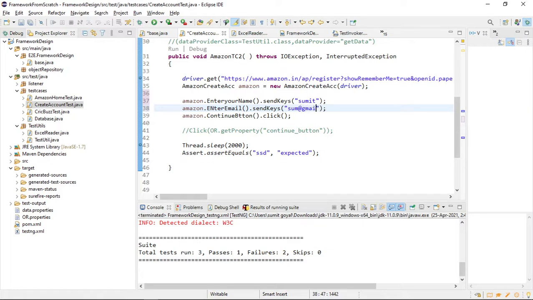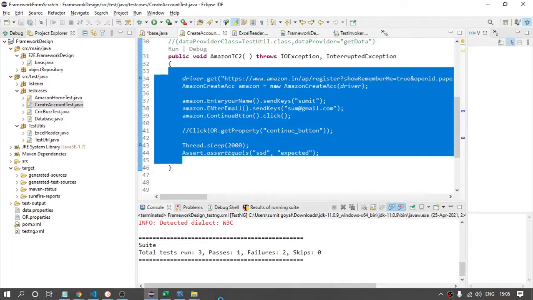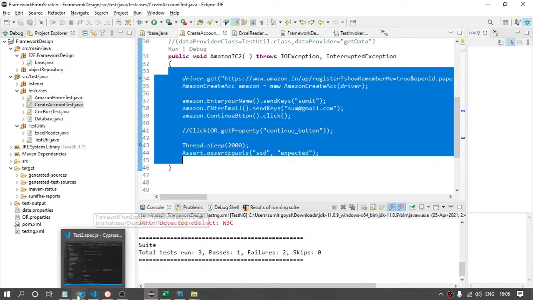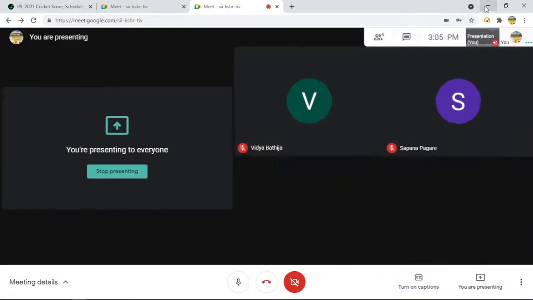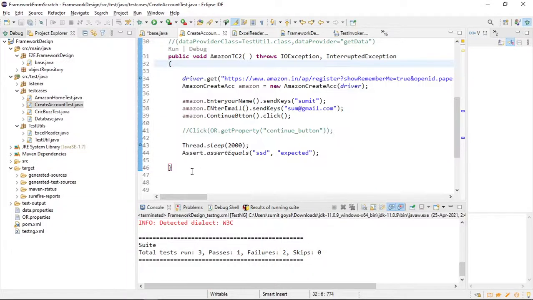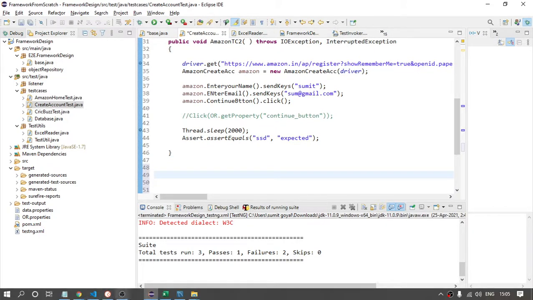So what I can do, I can repeat the code again and again. But a better way is to use the DataProvider annotation, which is provided by TestNG. So how can we do that? I will write one data provider, and you will get to know how it works.